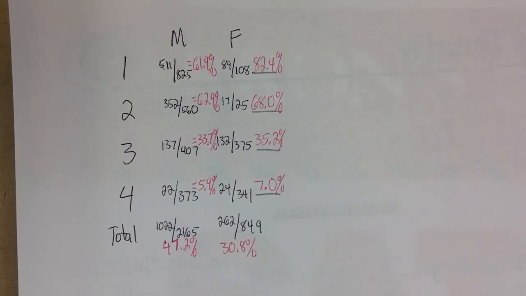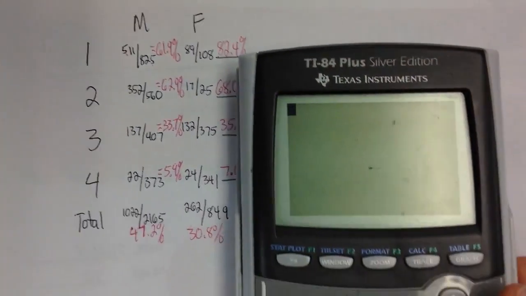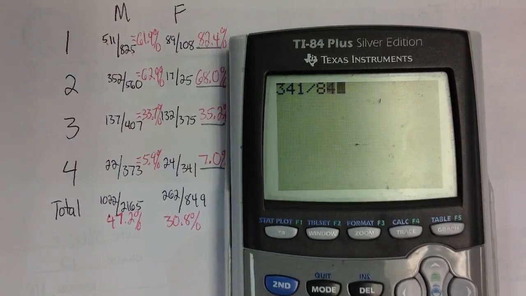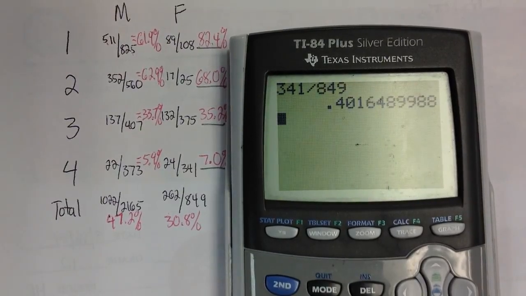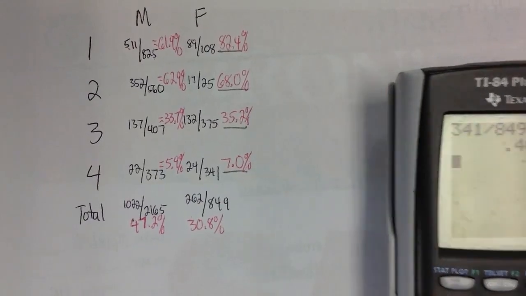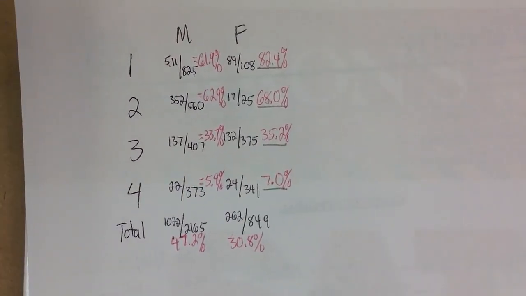They're applying to the programs that are more difficult to get into, especially program 4, which has a very low acceptance rate. 341 females are applying there, and that's dragging their overall rate down. So if you take 341 and divide it by the number of females, 40% of females are applying to the hardest to get into program. So that's going to weight the overall average. Any questions?